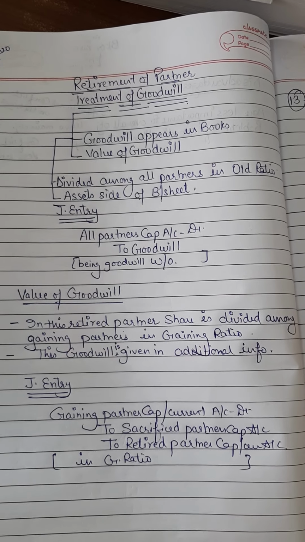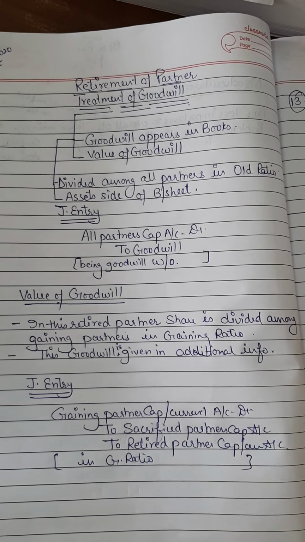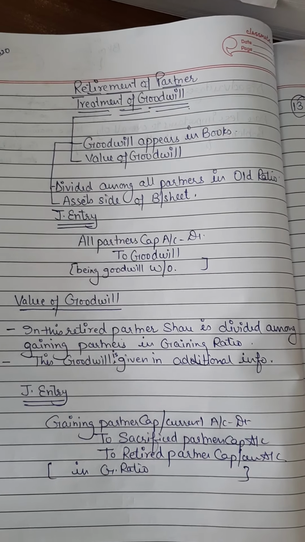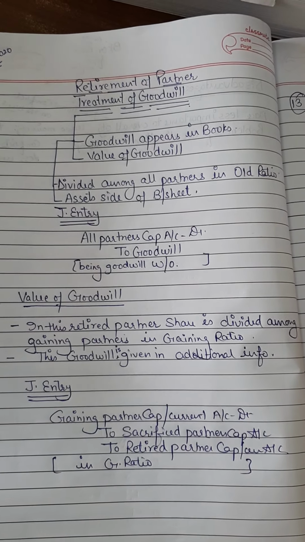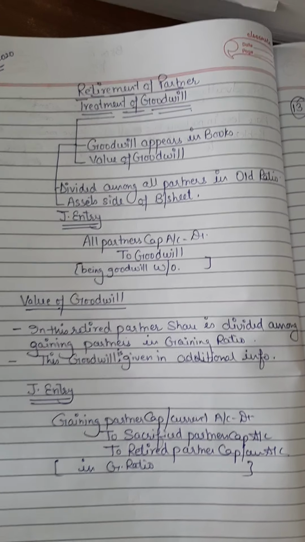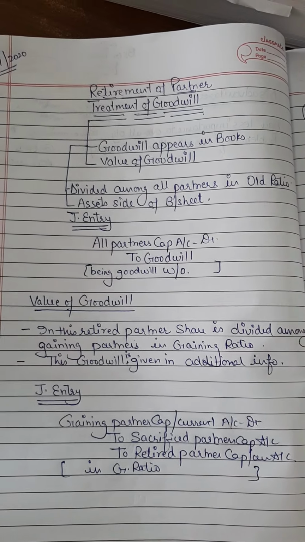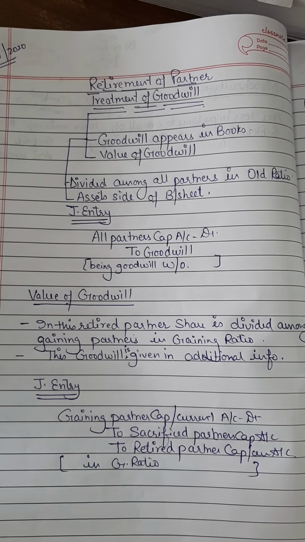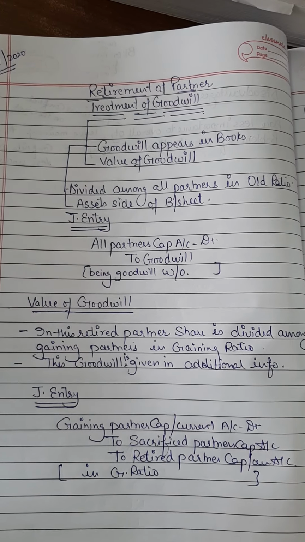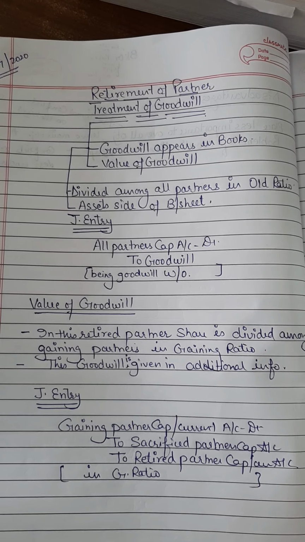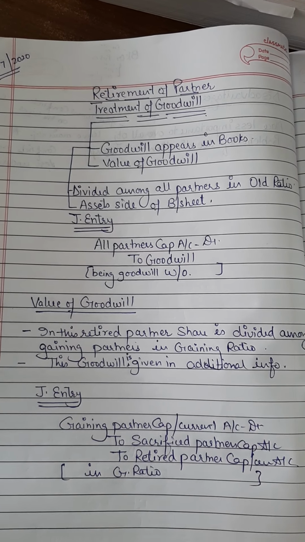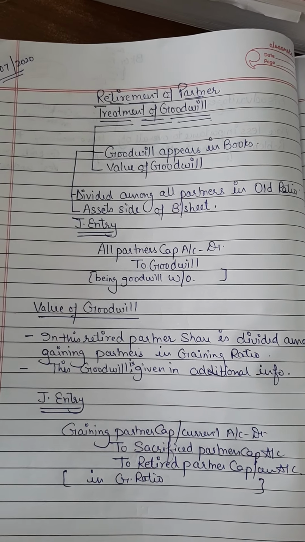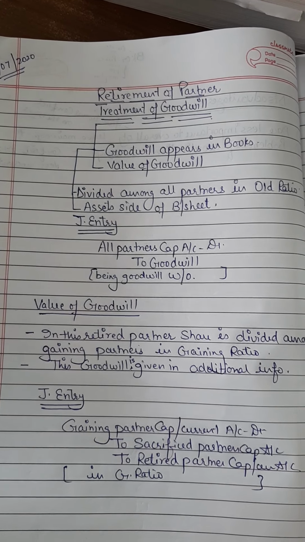Goodwill appearing in the books and value of goodwill. How can you find that this is the goodwill appearing in the books? This goodwill is given on the asset side of the balance sheet, and it is divided among all the partners in the old ratio. Keep this in your mind that when the goodwill appears in the books, this type of goodwill is given on the asset side of the balance sheet, and for the journal entry of the same,